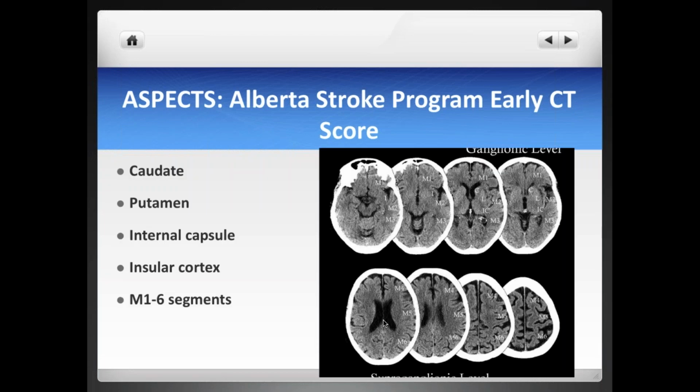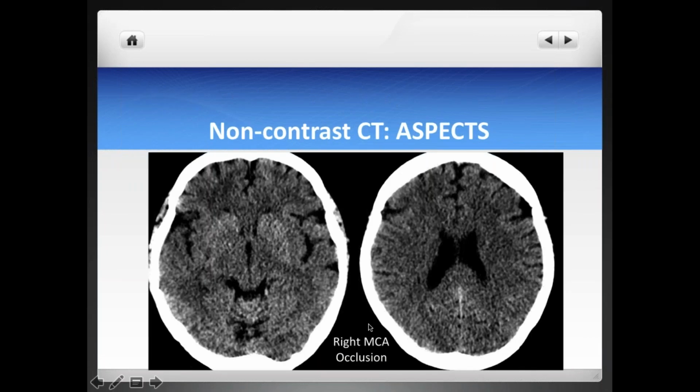And here's another example of how you count, each number referring to 1 point in that ASPECT stroke score program. So I'll give you a few examples here. This patient has a right MCA occlusion. As you can see, this patient has a very high ASPECT score. Probably you'll take away 1 point here, maybe 2 points, but this patient clearly has most of the hemisphere preserved and most of the nuclei here preserved. So probably we'll take 2 points here, maybe 1 here, 1 here. This patient has a right MCA occlusion in the context of a high ASPECT score. This patient would be a good candidate for interventional therapy.